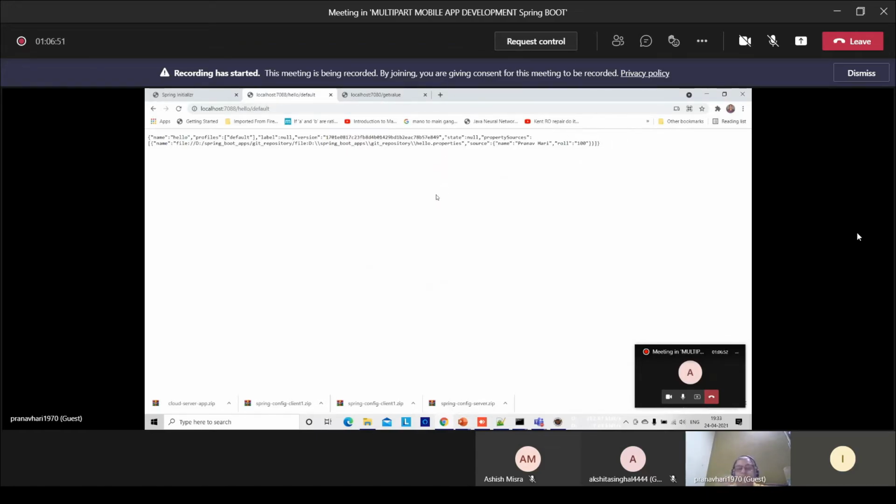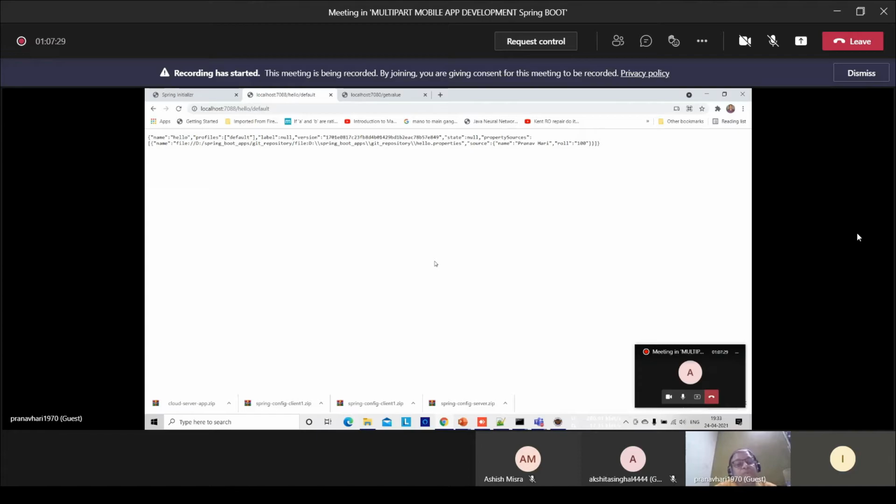Actually, what happens from the cloud, the task of the config server will be to get the data, and that data will be supplied to the client application. So client applications will get this data from the config server application. And the data is on cloud. So now we are going to create the client applications.